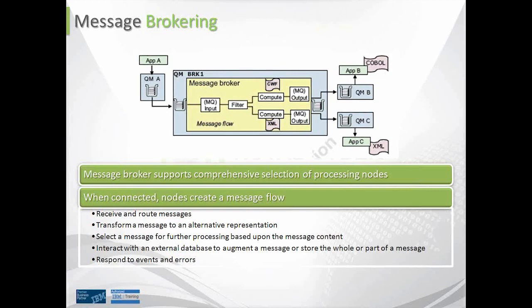suppose the flow has an MQ input node and an output node, it would start monitoring the queue for any kind of messages. Once an application A puts a message onto a queue, the flow picks up the message, does the routing based upon the content of the message, does the transformation, and then finally puts the message onto a queue again using these MQ output nodes. So that's how the broker does the transformation of messages or integrates applications which are running on different